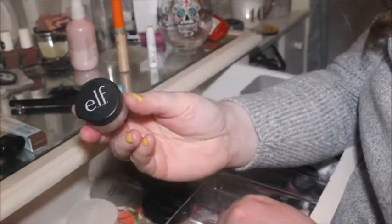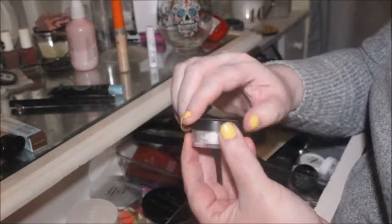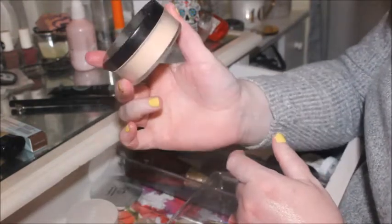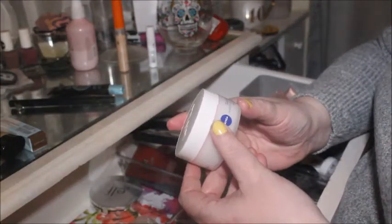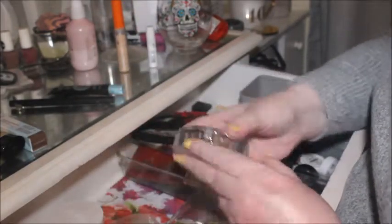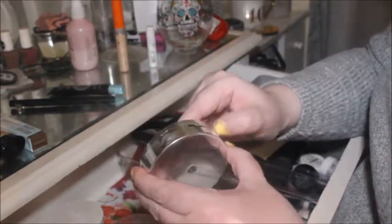So we've got this e.l.f. under eye setting powder. I'm really not too sure about this, but yeah, I will use it up. We've got this Collection Sheer Loose powder. Not a fan of it, but again, I will use it up. Got this Nivea Daily Essentials 24-hour moisture and express primer. It's so exciting, I've nearly finished that. And then I've got this e.l.f. sheer tint finishing powder,